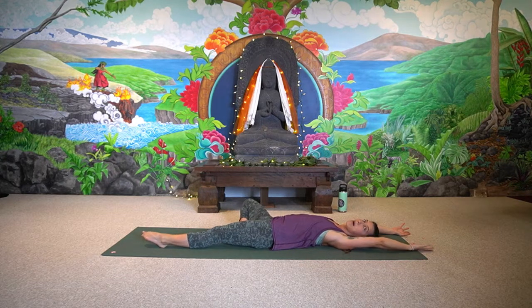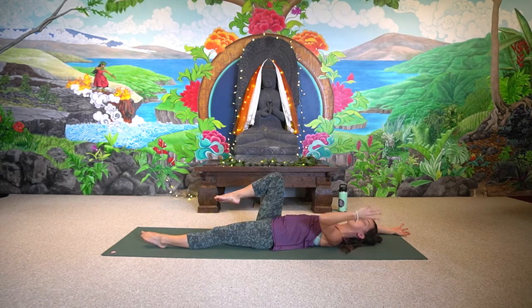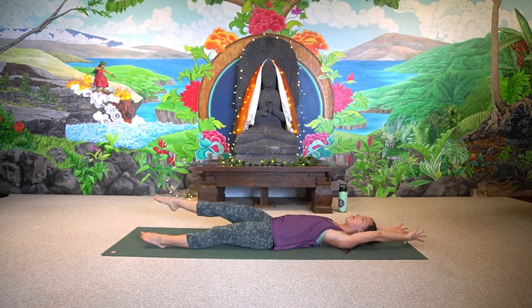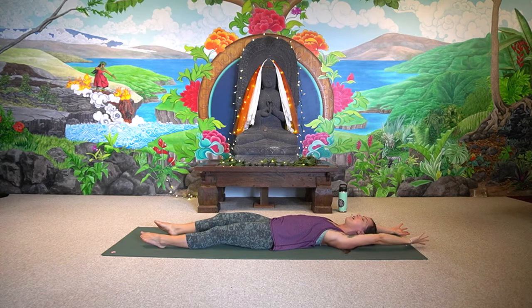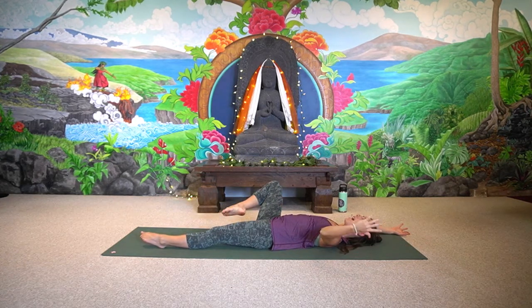Bend the right elbow just like a cactus arm. We're going to call this cactus tree. And keep the pelvis anchored as you cross the elbow towards the knee, but you don't need to lift the body. Extend arm and leg back out to where you began, and just take a few extra slow circles, this cactus tree,